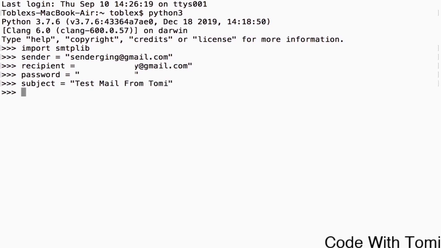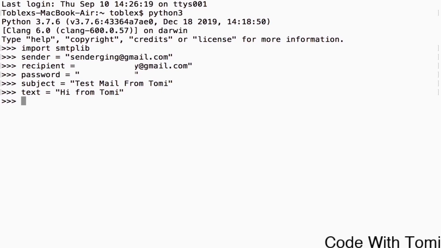And then let's specify the body, the text, what we want to send. Let's specify it as text and say I from Tomi. Now we've specified all the fields we need: the person sending the email, the receiving email address, the password, the